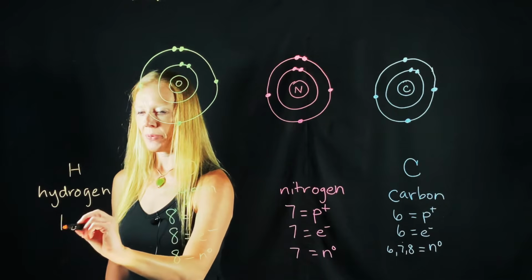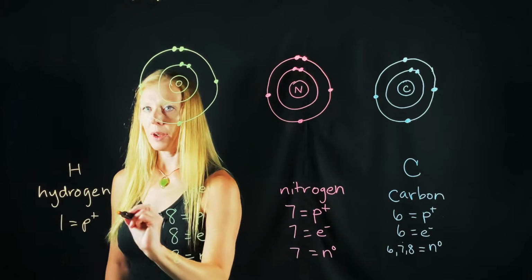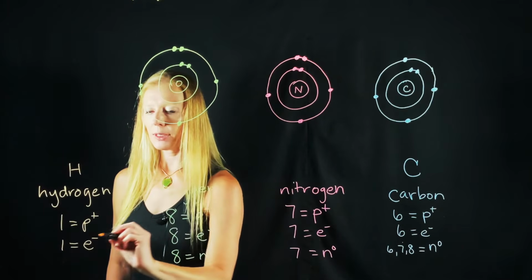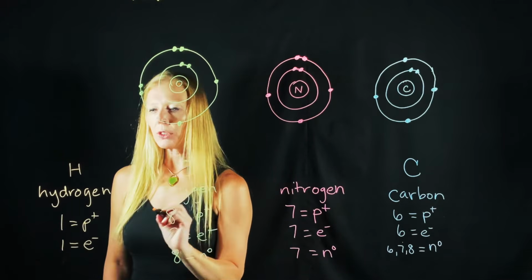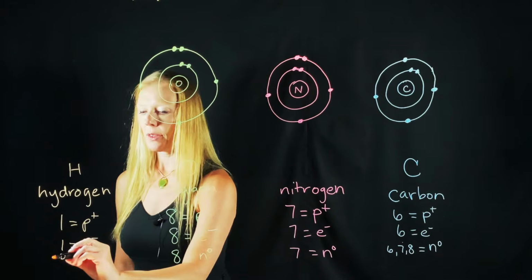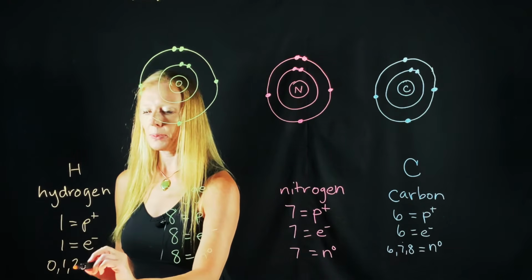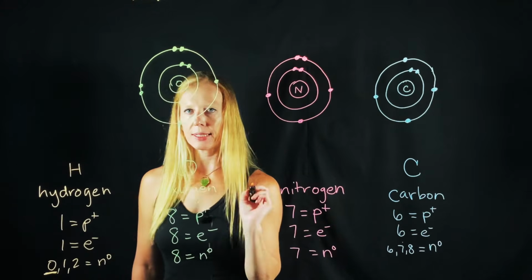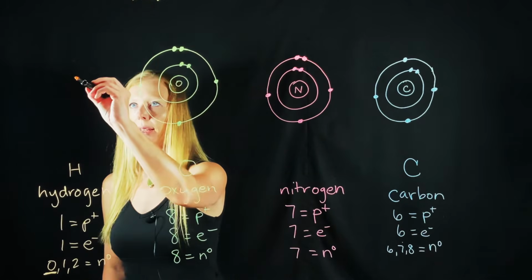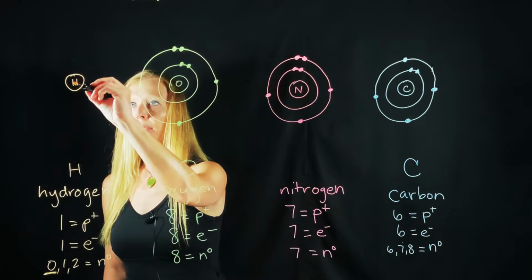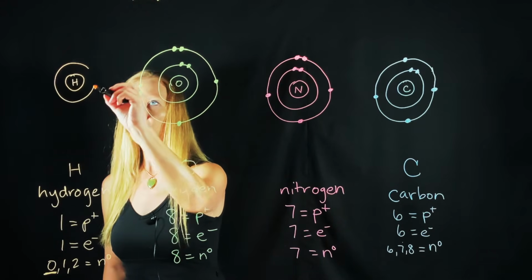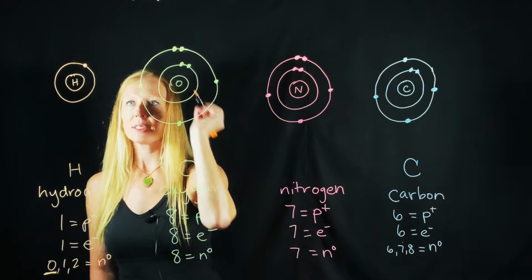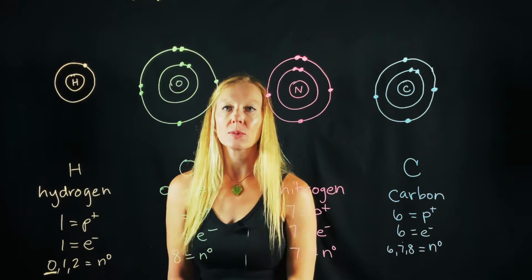And then finally, our 4th element that is the most common and important for life, we have hydrogen. Hydrogen has an atomic number of 1, which means just one proton. Okay, so if we're neutrally charged, we'll also have one electron. And usually hydrogen doesn't have any neutrons at all. There are a couple of rare isotopes that do have 1 or 2 neutrons, but 0 is going to be the standard. Okay, so once again, here's our atomic nucleus. That's where the single proton is. And then our first shell, which can hold up to 2, but of course it only has 1